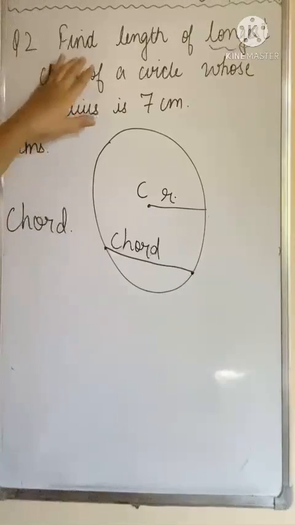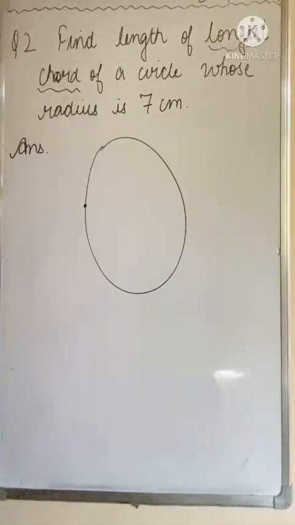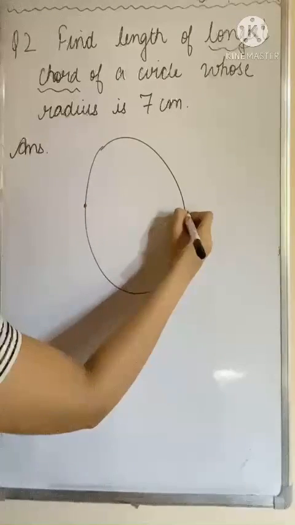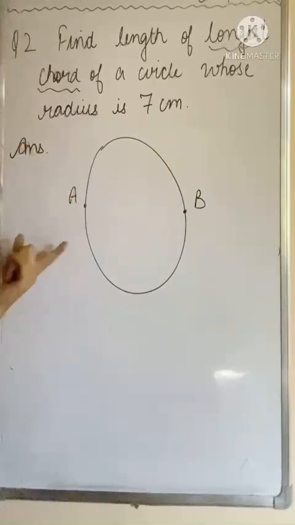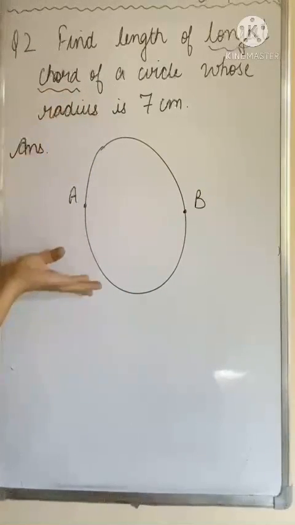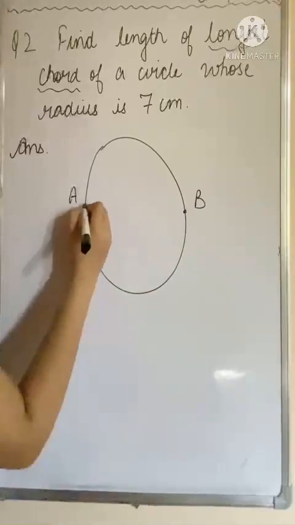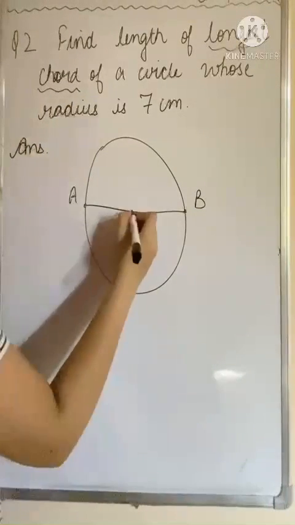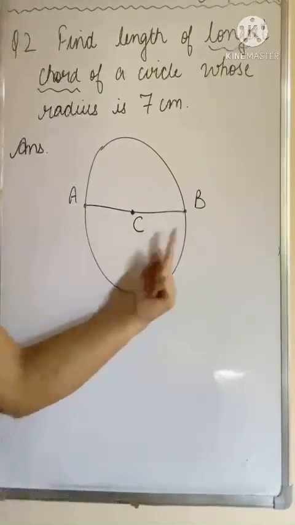So in our question, we need to find the longest chord. So let's find what is the longest chord. Now let's take any 2 points on the circle. This is the first point and I have taken this point as the second point. Let's name them A and B, right? Now what is a chord? A chord is any line segment which is formed by joining 2 points on the circle. So now let's join these 2 points. This is the line which is formed by joining. This is the center of the circle C, right? So it means here AB is a chord.